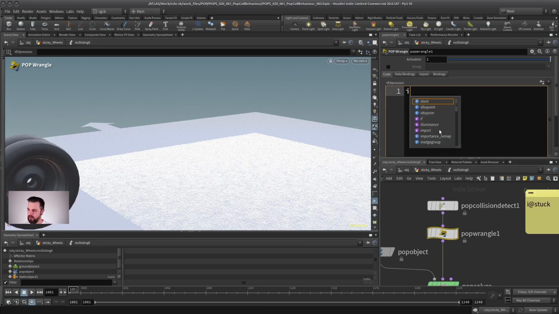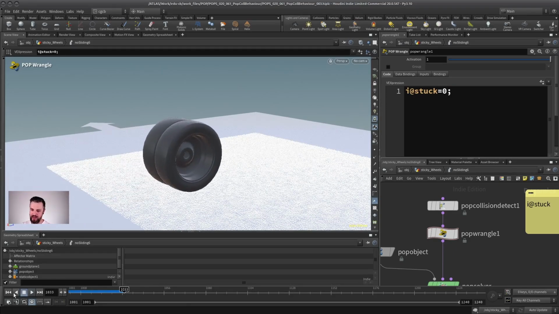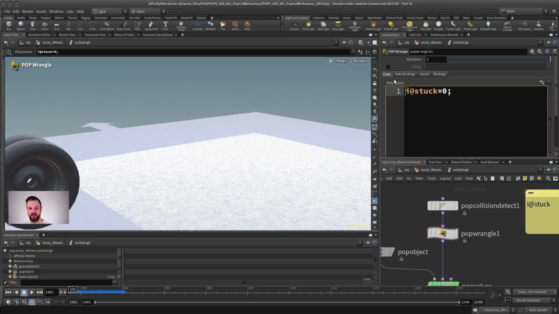But the way I would do it is just changing the stuck attribute to 0, for example. Now, of course, if I would do this, then I would override it for all the points, and then I would not have any sticking anymore. That's pointless. But I could do something like, okay, there is a certain chance that my points will fall off. And this is something I explained in one of the first videos in the Vex chapter, probability. So I could say I generate a random number for each point. In this case, I don't use ID, by the way. I use ptnum because we don't emit those points. And when I compare this to 0.1, there's now a 10% chance of every frame that a point will